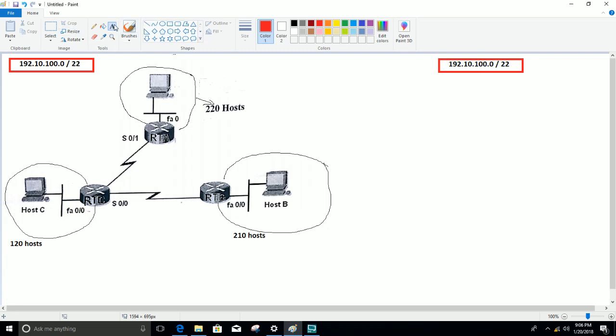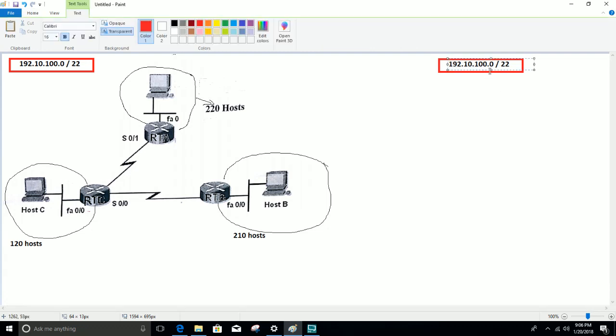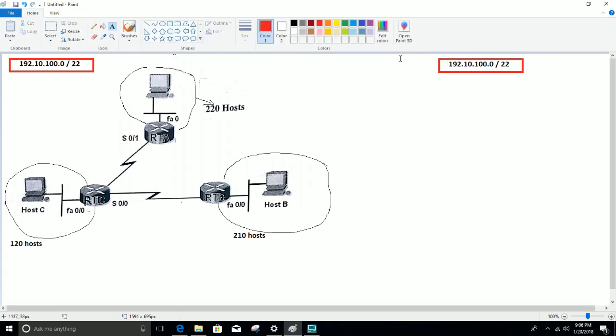So as we see, there are 22 network bits. So these two have 16 bits. Here we have 16 bits, so we only have to check for this one. So what is the binary of 100? So let us write here